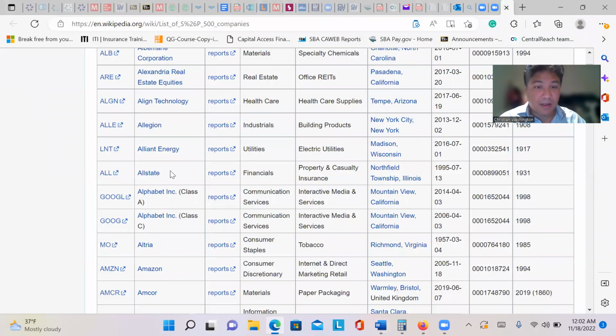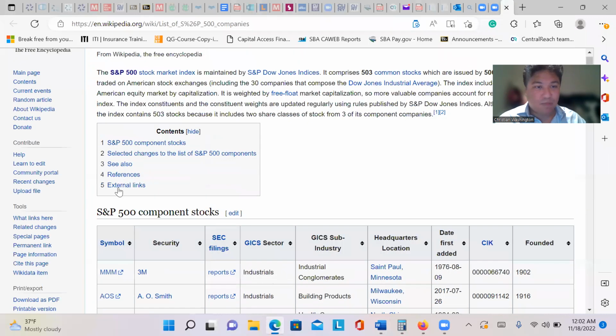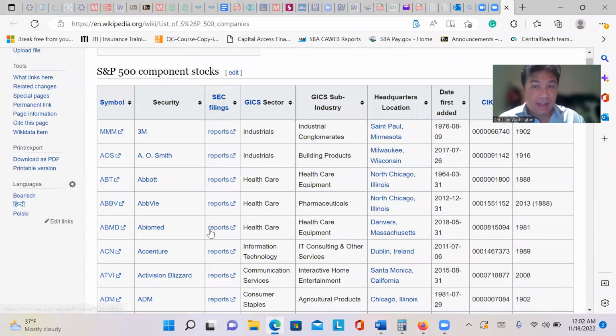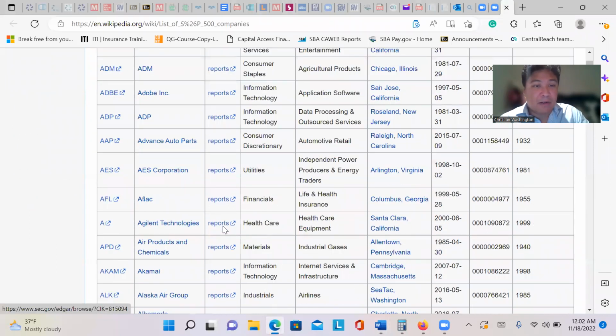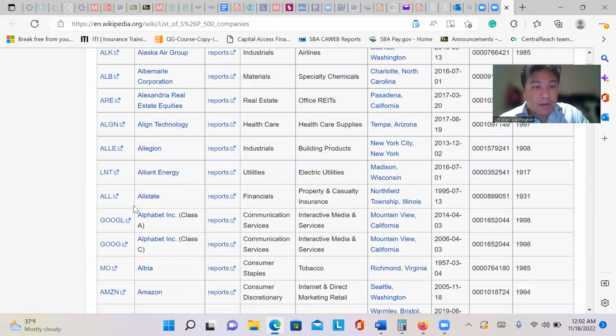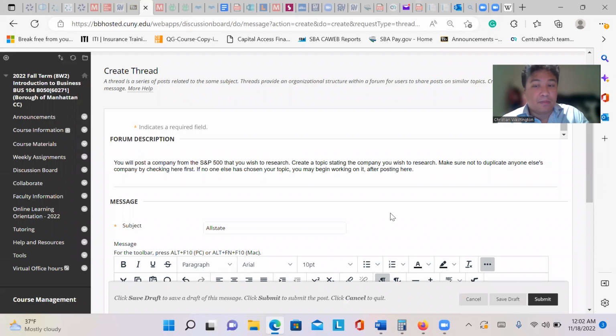Right, so Allstate, symbol. You even see the SEC filings, which we'll go into a little later. And there's ALL. So you see your company, that's their ticker symbol. Real simple. So you find your ticker symbol. I'm going to go back to